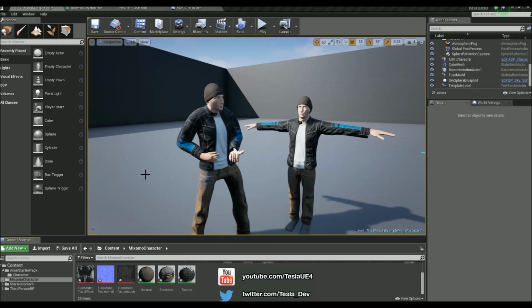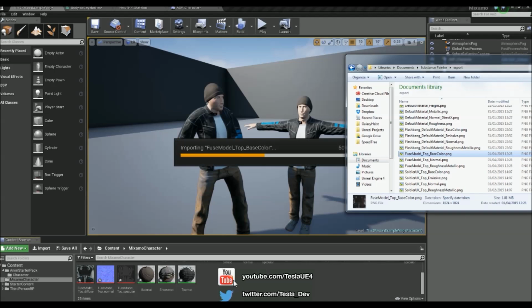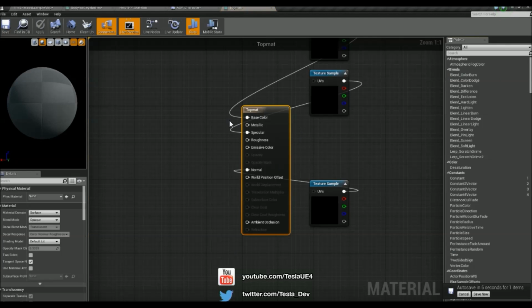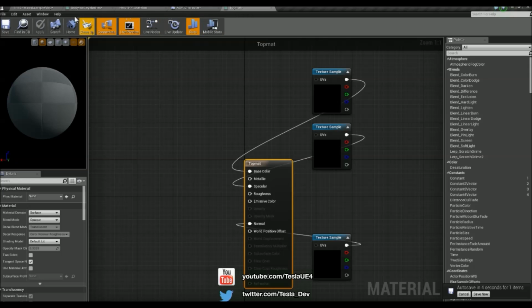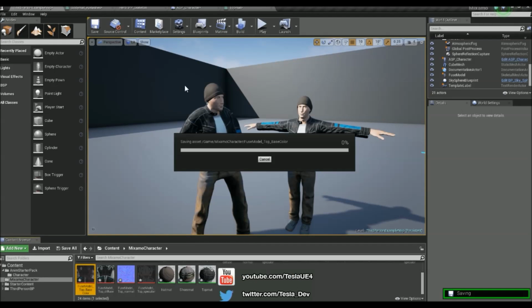So we now want to drag the texture into here and apply it to the character. So in your folder where you exported the two, I'm just going to grab the base color, but if you do more detail you might want to grab the normal map and that, but I've just added in some basic dirt, so I'm just going to grab that, chuck it straight in here, and then open up my top map, and then select the top base color which I just brought in,